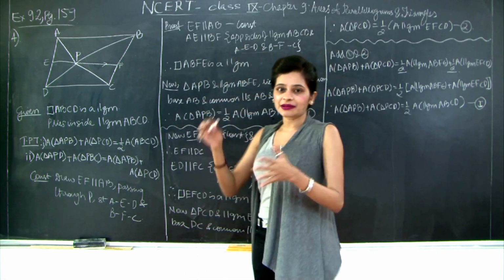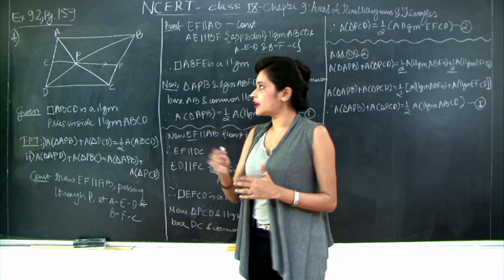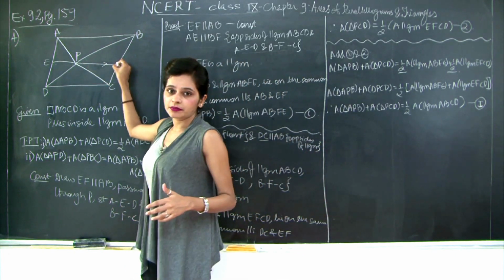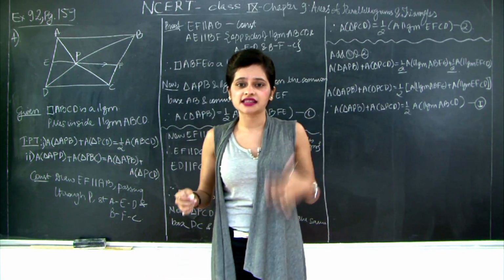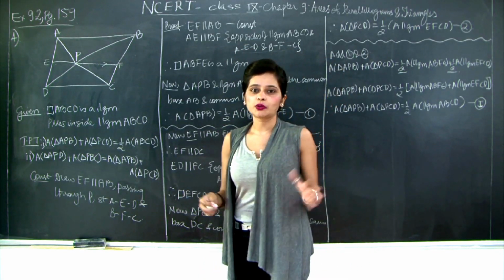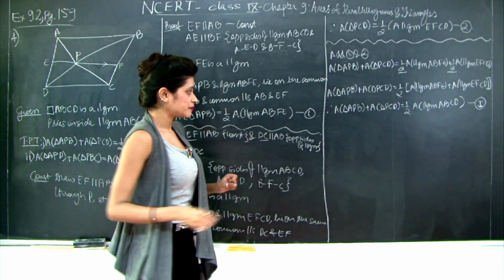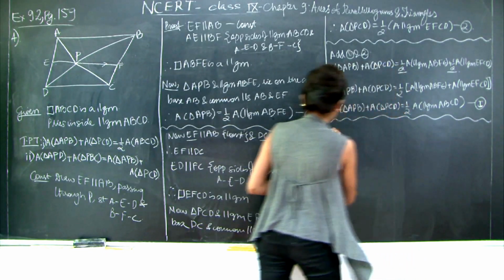You can't just, because something is down, it does not mean it is a base. If you would invert it upside down, then you will notice that this is the common base, right? So EF is not the base even though it is at the bottom. Usually we have this idea in mind that if something is at the bottom, it is the base. But this is what geometry is all about. You will have to twist and turn and then make your concepts clear. So anyway, we will proceed to section 2.